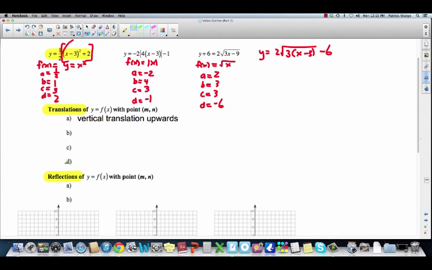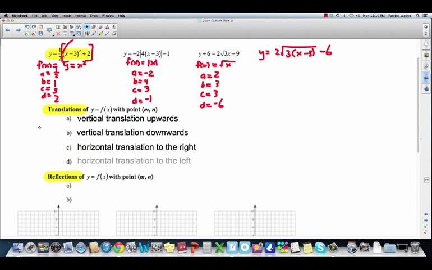So translations, there's four types of translations. I guess before I said there was two. There was vertical and horizontal, but you could have vertical translations upwards or you could have vertical translations downwards. You could have horizontal translations to the right or you could have horizontal translations to the left. Now, what these look like